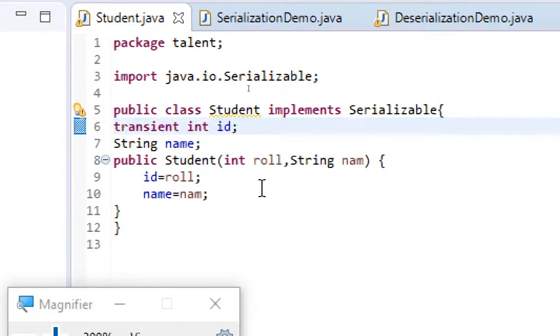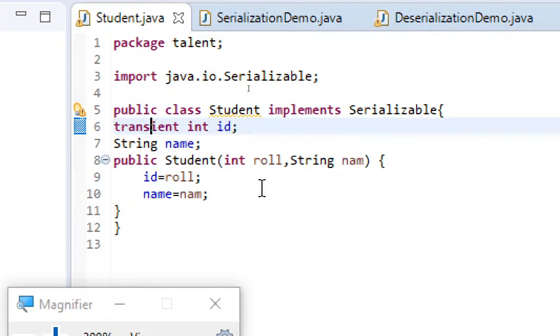I think you must be familiar with the static word by now. The static word is used for the instance variables, just to make sure that variable will be common for all the objects of the class. And the transient keyword, you can use it only when you implement the serializable interface, not in regular classes.